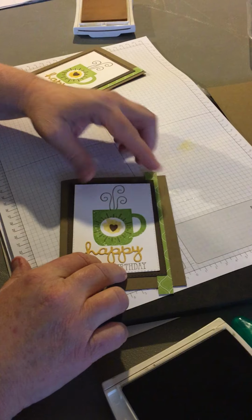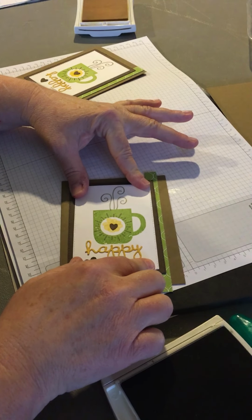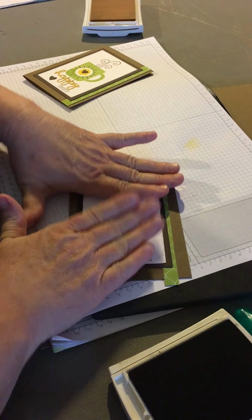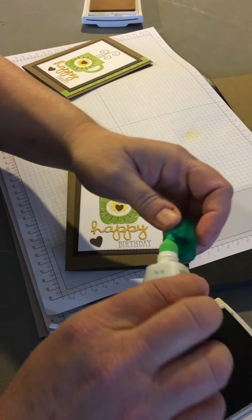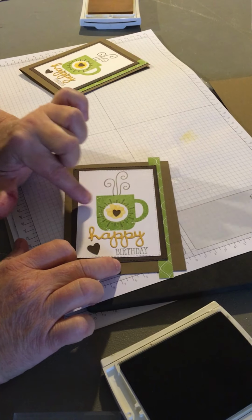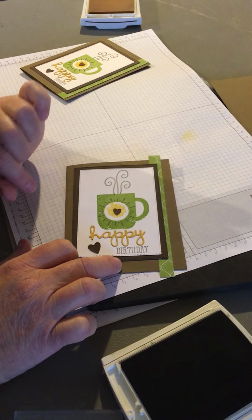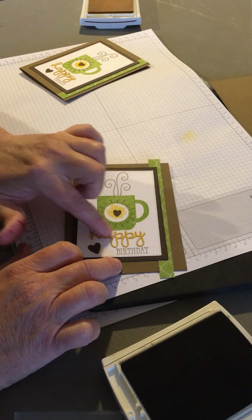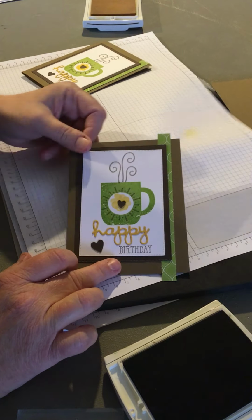So you could see how you could use this with different colors. I could see this with pink, using pink paper there. Pink and brown is really cute together. I love it. And that would really be cute. And maybe this a different color. You could do a lot of things. Think of this as if you were going to emboss this with something. Like this was pink and you embossed it in white. And then this could be brown. I mean, there's a lot of combinations a person could do with this card, this stamp set, and it'd be endless. So the last thing I want to do is I want to trim my ends,